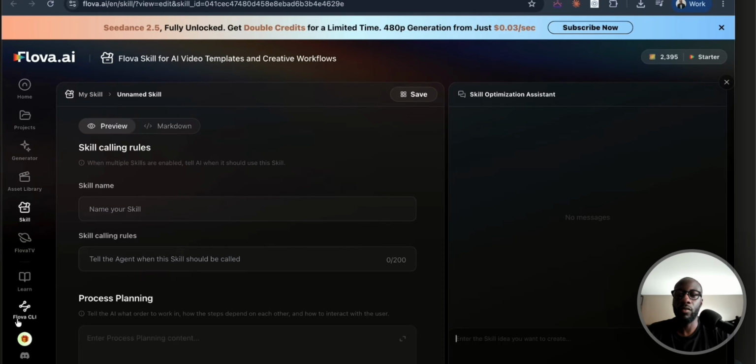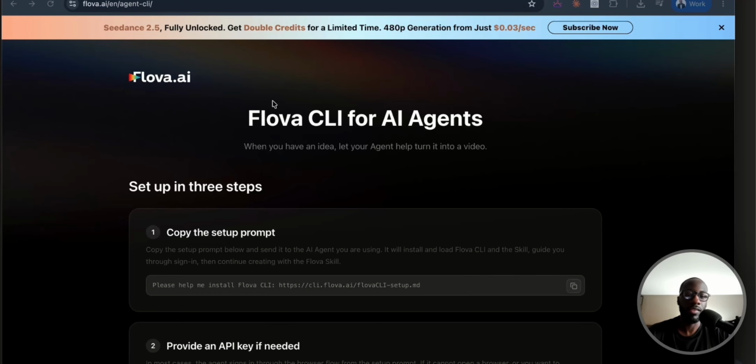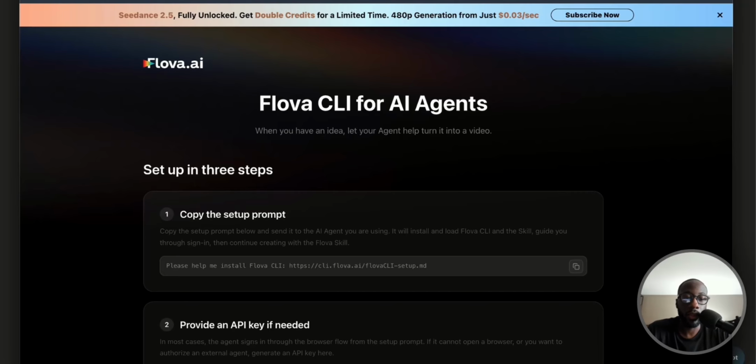Now you also have Flova CLI, as I mentioned, and this is something that you can install into your coding agents. Now we're going to go ahead and do this process together. The CLIs are very exciting. Whether you're using an MCP, Model Context Protocol, which I look at as like plugins for your AI agents, or CLI, which is communicating directly with your computer's terminal. And they serve very similar functions in that you're providing instructions and the access to the platform to the agent so that they can do a lot of the heavy lifting.